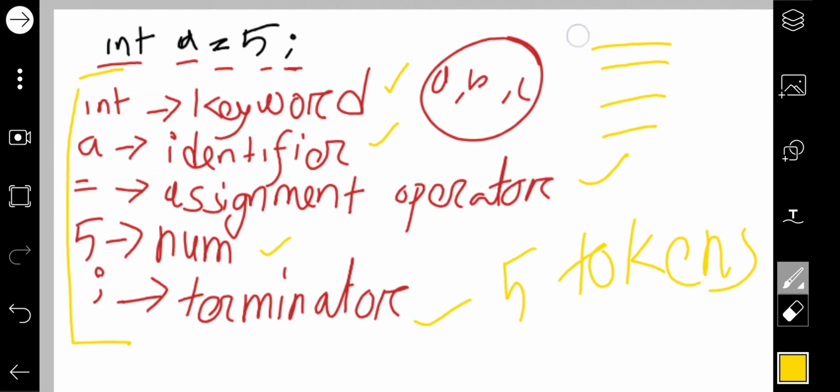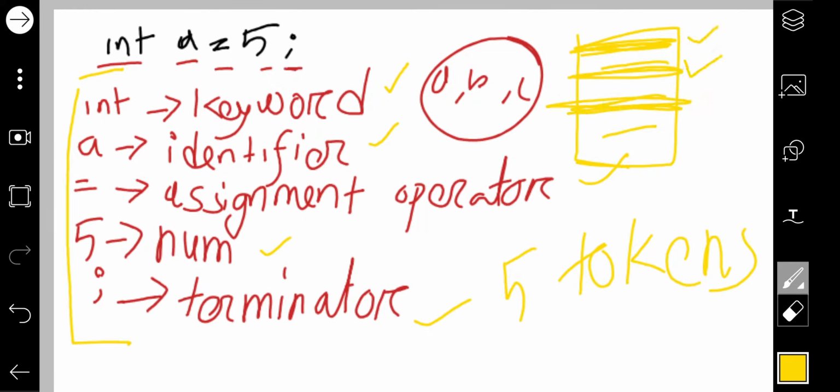Suppose I'm writing a simple code to add two numbers. You will declare int a equal to 5, int b equal to 10, then int c equal to a plus b. Each of the lines will go through the lexical analysis, and after that, each line will have a few tokens declared.